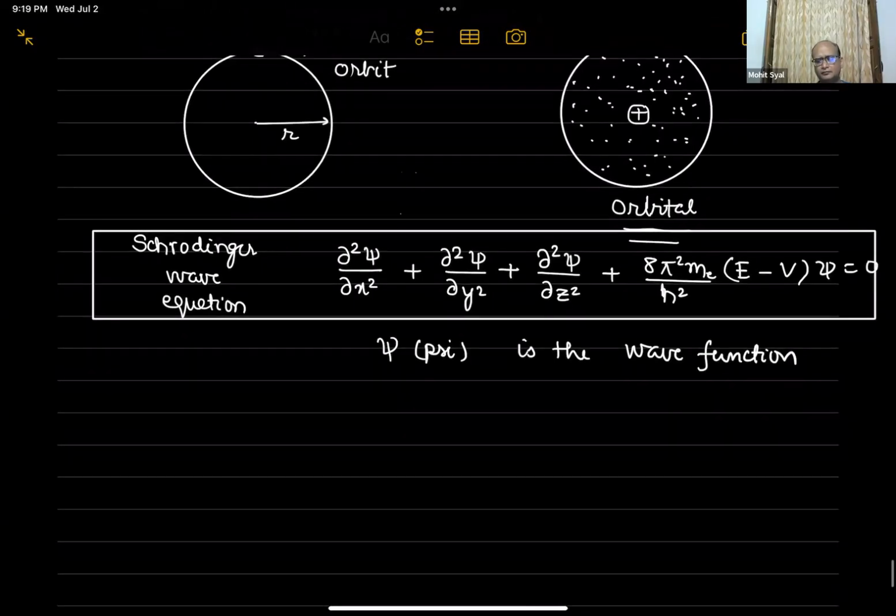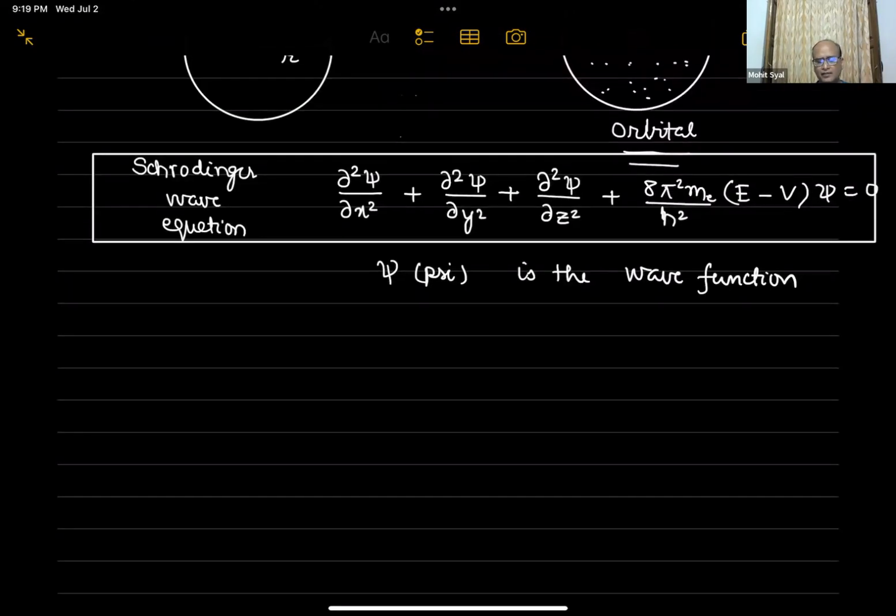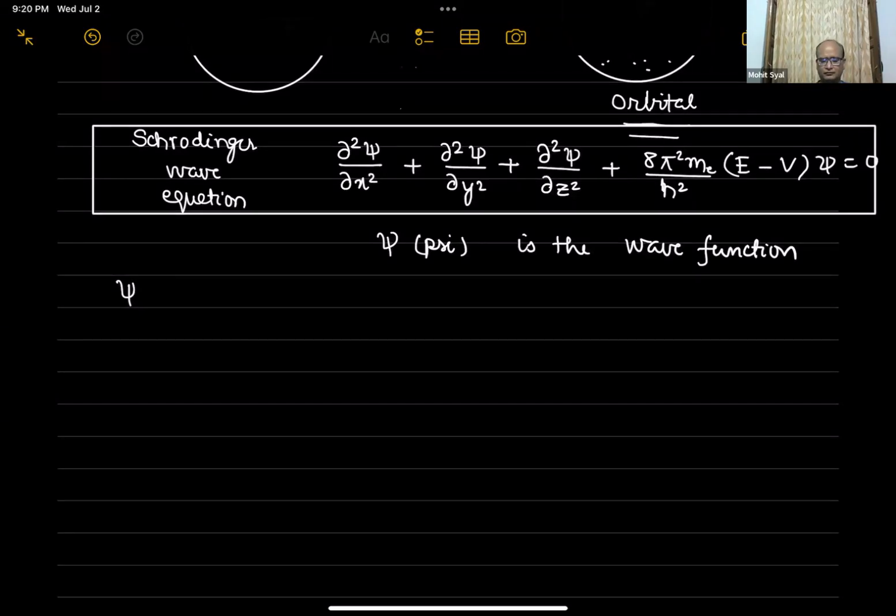Is it clear? Yeah. So what is the physical significance of the wave function? It will be just like sine x or something. Equations are there, right? And when you plot it, it will give you how the wave of the electron looks around an atom, around a nucleus. It's basically a graph, a three-dimensional graph, because you need x, y, z. Okay, so this is the wave function.